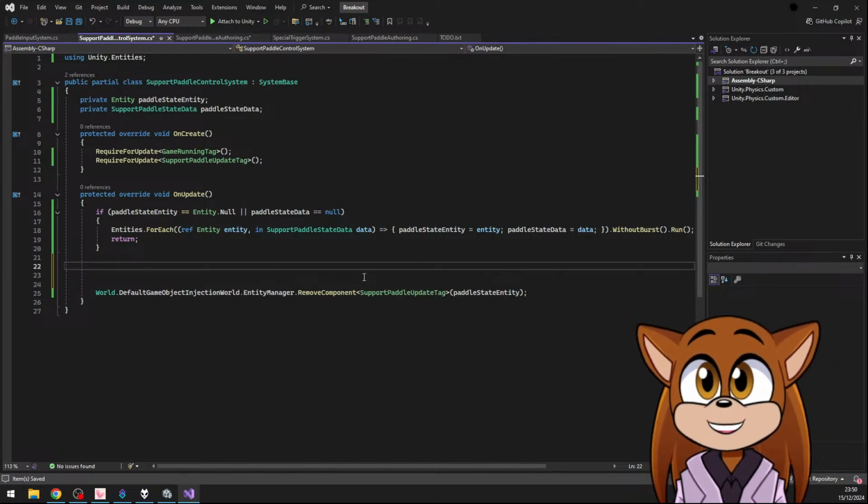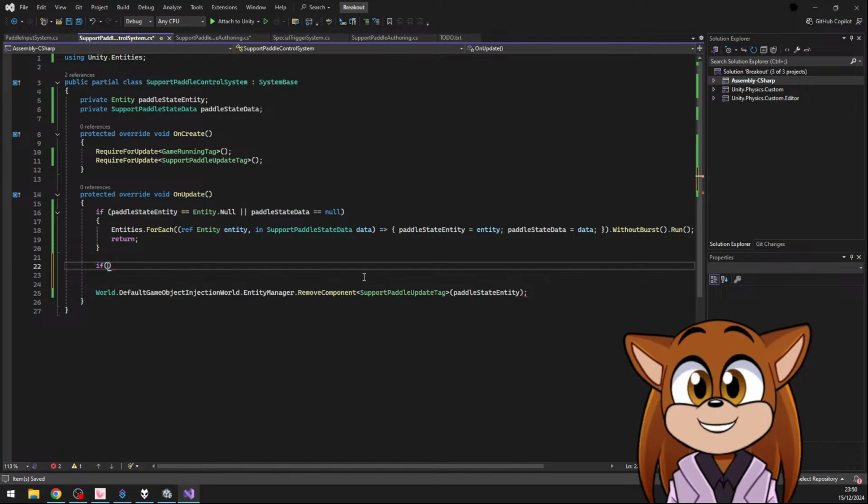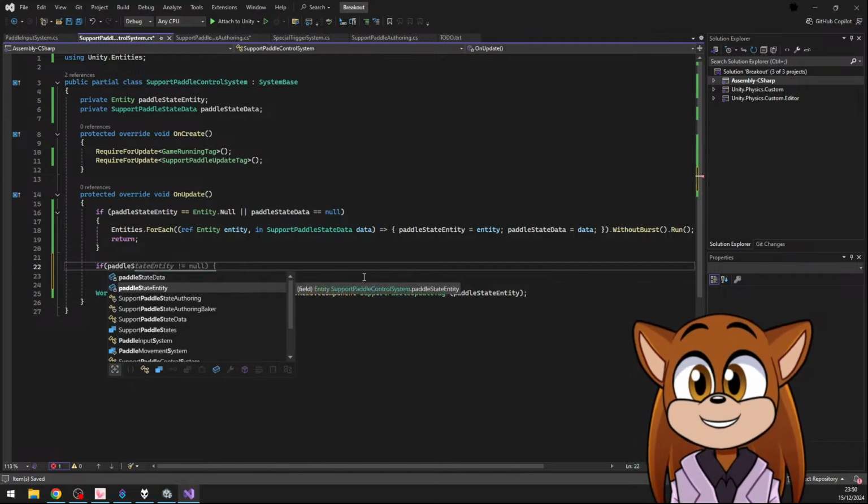This will only run the once and then remove the tag. So if paddle state data,